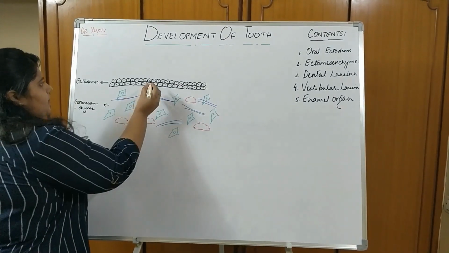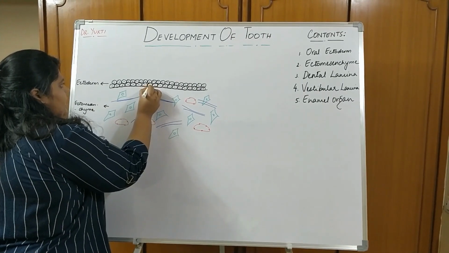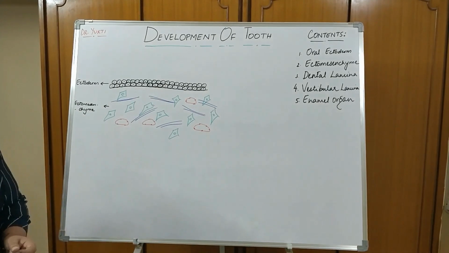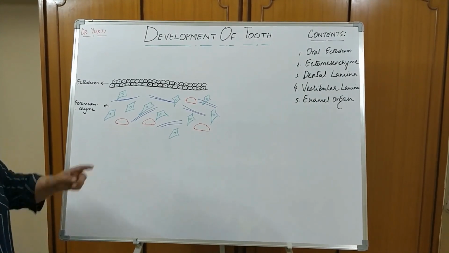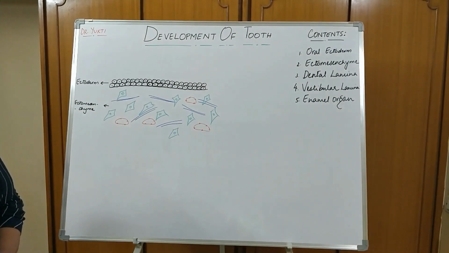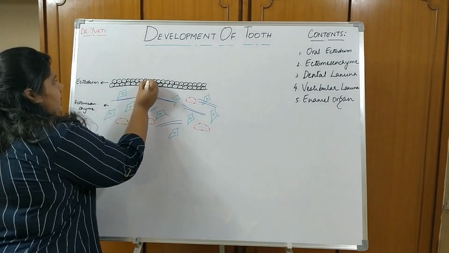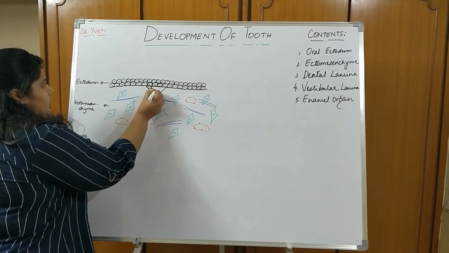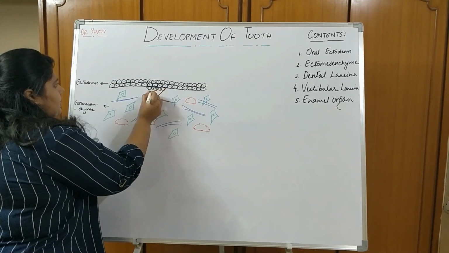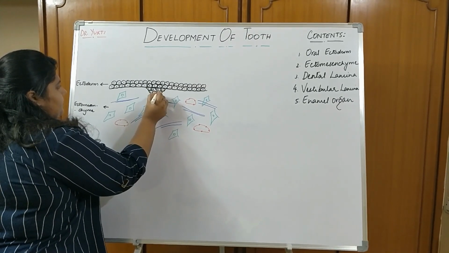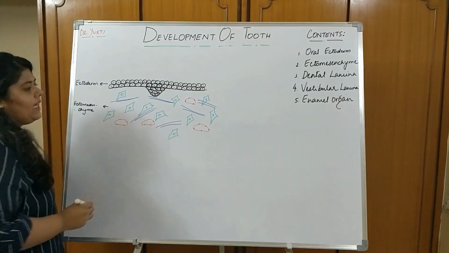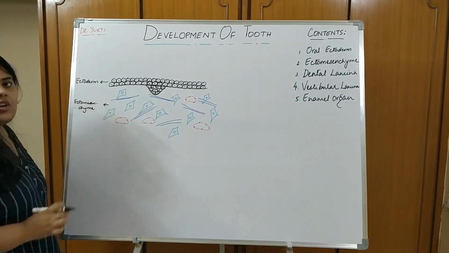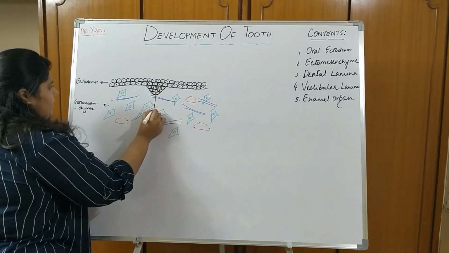Not all throughout the ectoderm, but some cells, let us take these 3 cells, okay? They undergo rapid mitosis and they multiply at a very rapid rate when compared to other adjacent cells. As a result, a lot of cells grow inside into the ectomesenchyme like this. So these are all the daughter cells. They grow into the connective ectomesenchyme. This is called the primary epithelial band.